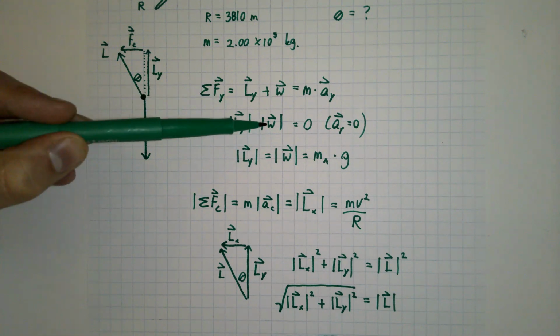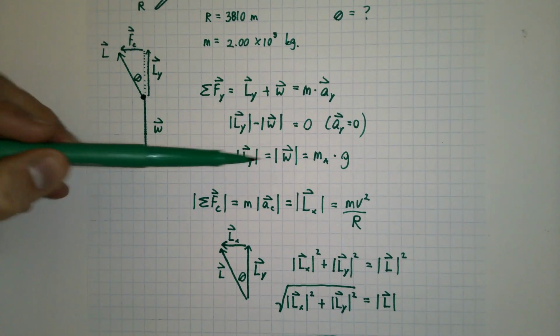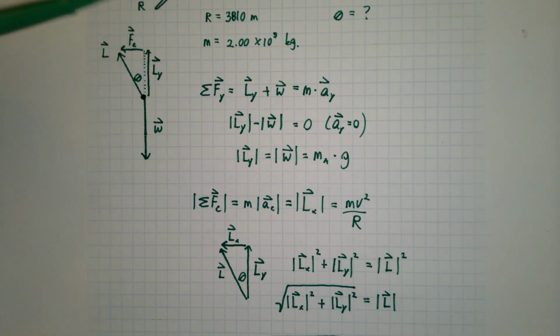It is down. It's not accelerating in the y dimension. It's not rising or falling. So those two forces must be equal to each other. Lift in y is the same as the weight. And that makes sense because there has to be a force in the y dimension that's opposing weight to keep it